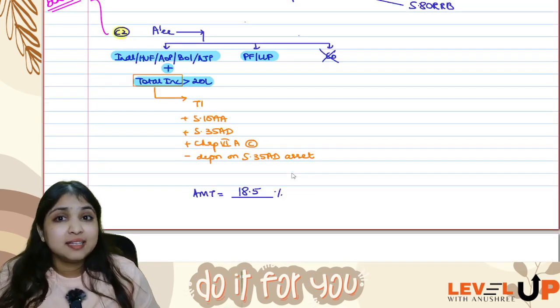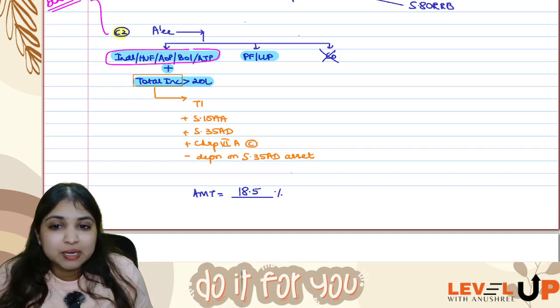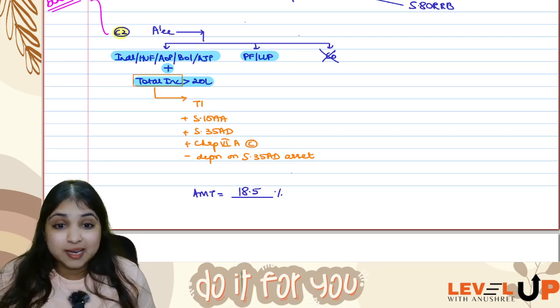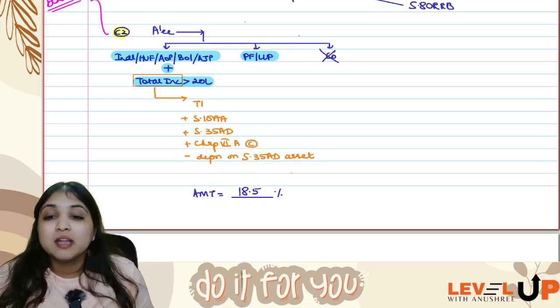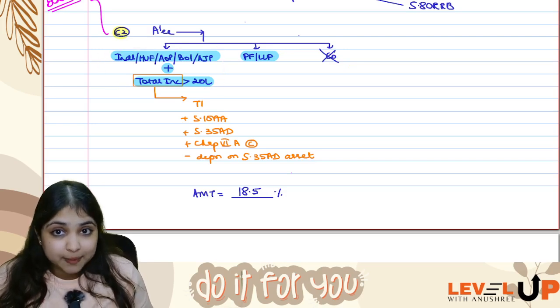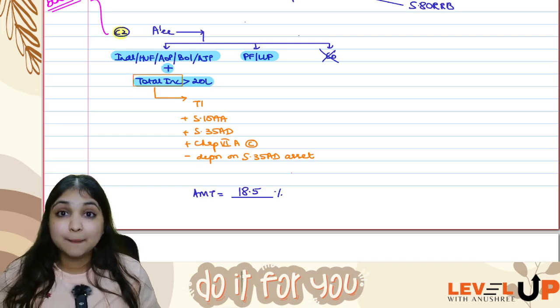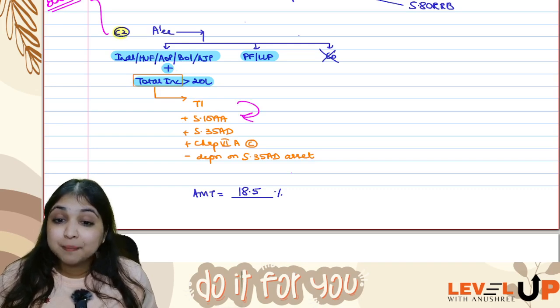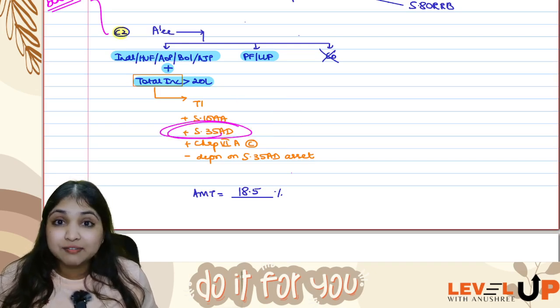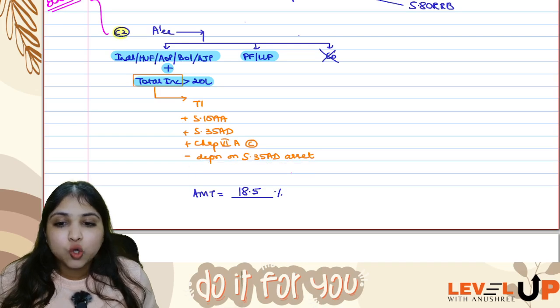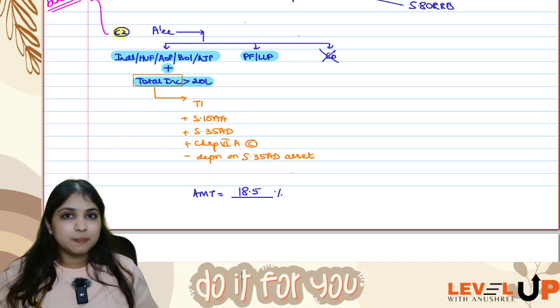And either the assessee will be individual, HUF, AOP, BOI, AJP with total income of more than 20 lakh, or assessee can be firm, LLP, but assessee should not be company. Okay, so if assessee is individual, HUF, AOP, BOI, AJP, then assessee's total income should be more than 20 lakhs. What do you mean by total income? Total income here means total income, add back 10AA tax holiday, add back 35AD deduction, add back Chapter 6A Part C, then on the 35AD deduction, claim depreciation on the 35AD assets. This net number, totally 4 line items, guys. This will be your total income.